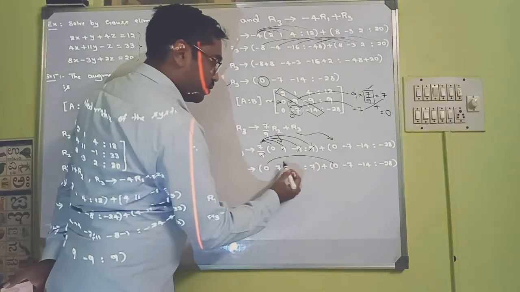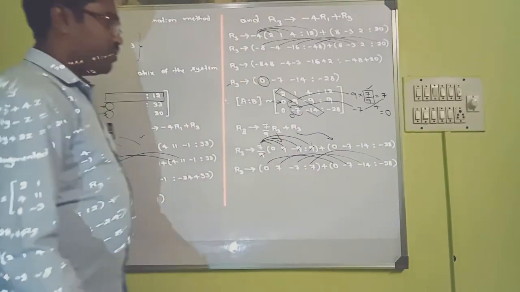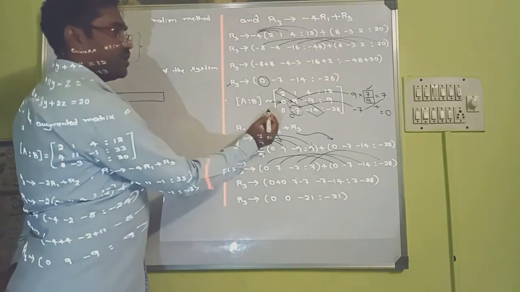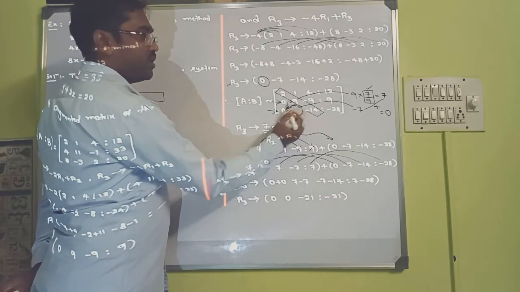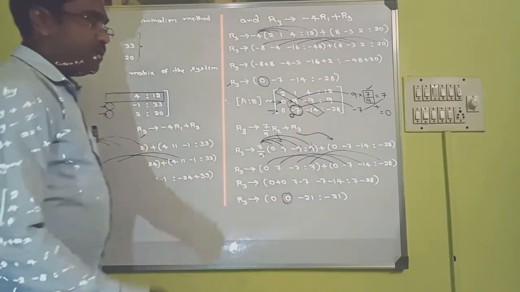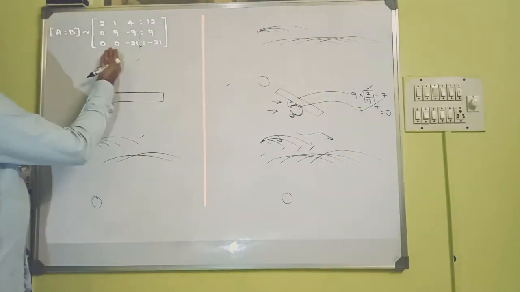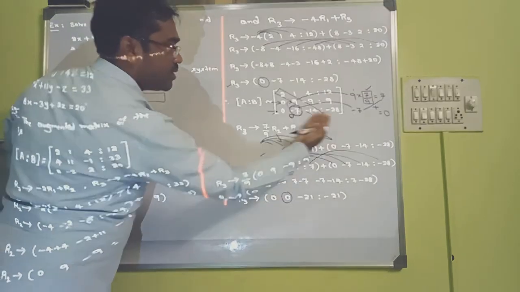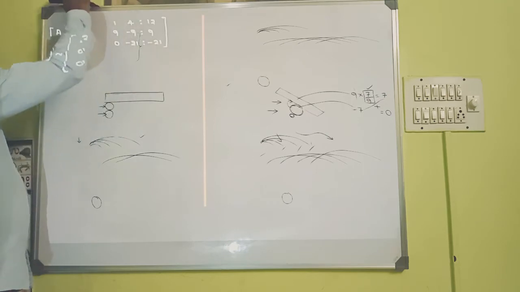Then we add the corresponding elements and simplify. This is our new R3 which has to be replaced in this place so that we can get 0 in this place, minus 7 place. See, we got 0 in this place. Now let us replace this and rewrite our matrix. Yeah, we have replaced this row, third row, in this place and we have written new matrix, new augmented matrix.